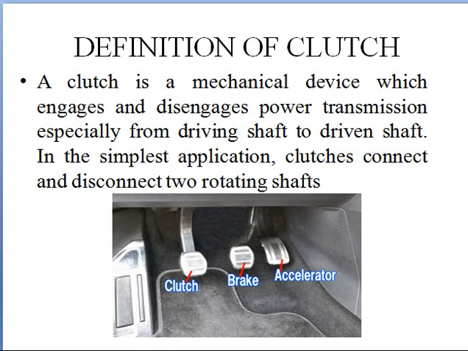Now, the clutch is a component which we have in between the gearbox and the engine, which engages and disengages both the shafts, because we want to vary the gear ratios depending on the speed and torque requirements. And in order to vary these gear ratios, we have to engage and disengage the shafts. The clutch is at the junction between the engine and the gearbox. In this figure, this is the accelerator, this is the brake and this is the clutch, which we generally find near the driver's seat.